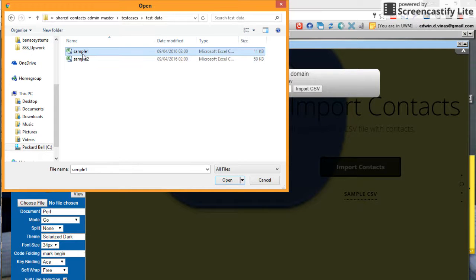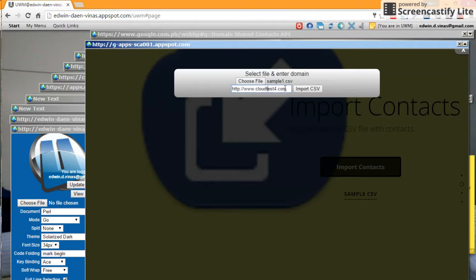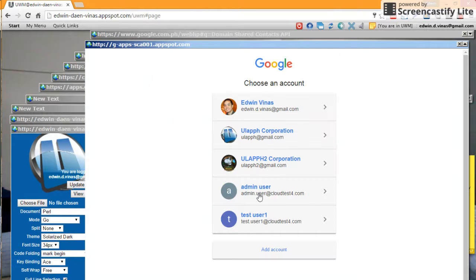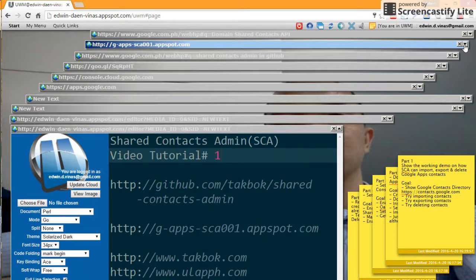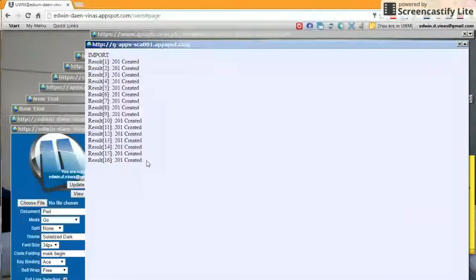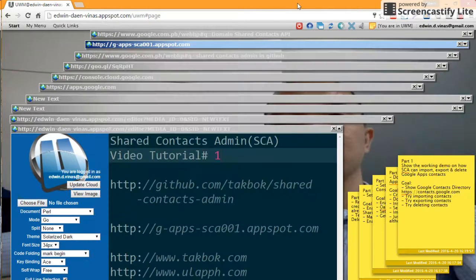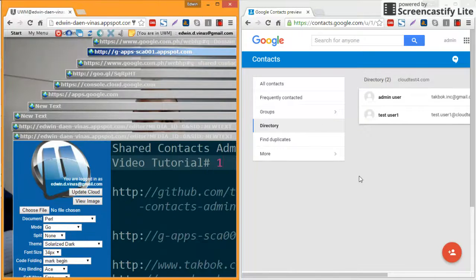So right here, we're going to select this file and then put there the domain and click import. So now the import has been successful. To verify that, we're going to check back the contacts directory.